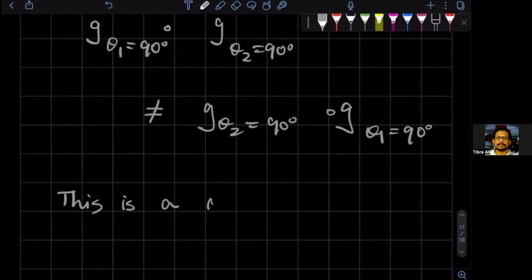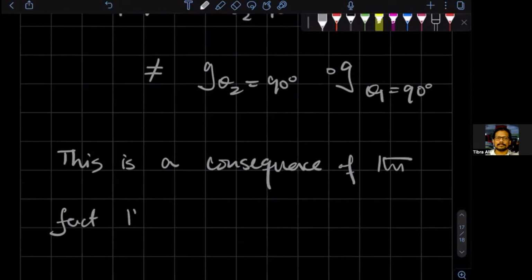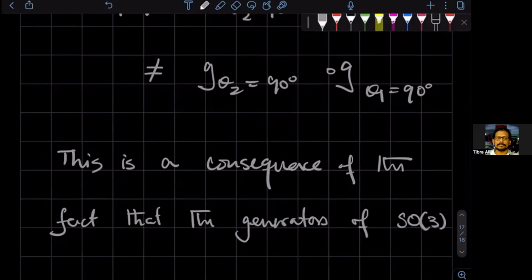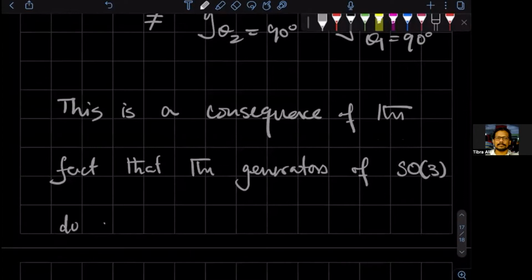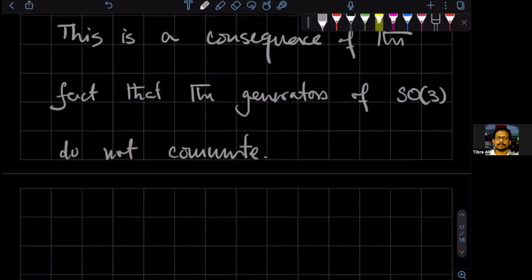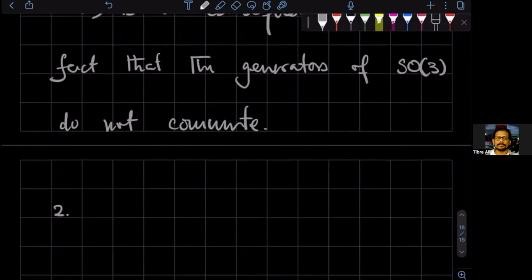This is a consequence of the fact that the generators of SO(3) do not commute. All right? All right, now next comment is